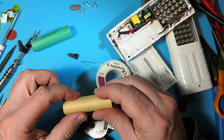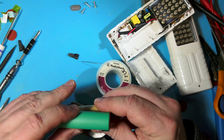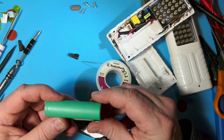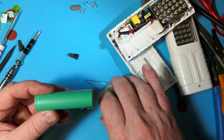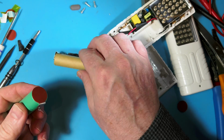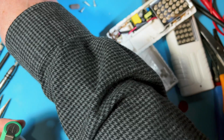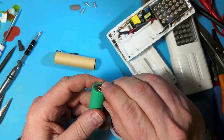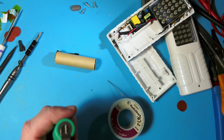Okay, so we know this is going to lay this way. We can look at the old one. And the other one goes exactly the opposite way. So let's see if we can get that on there. Again, we're just going to pry this off. Let's see, how's the...